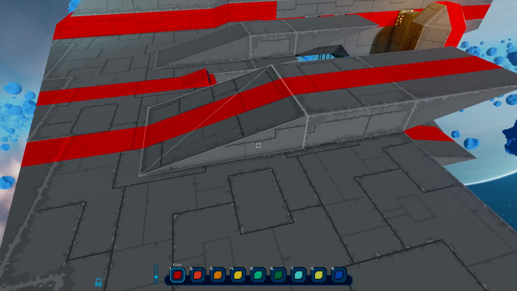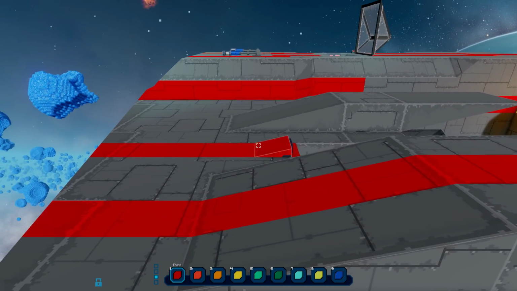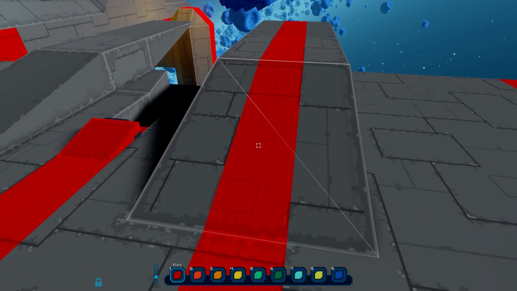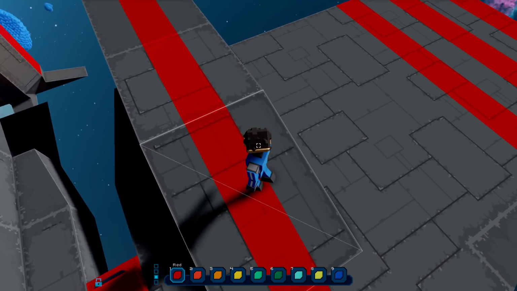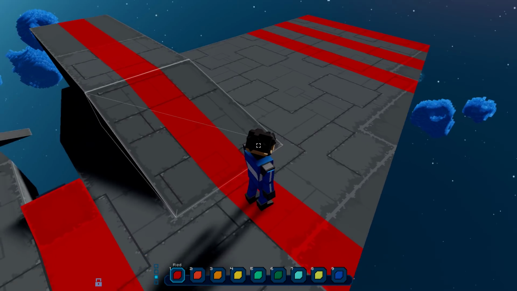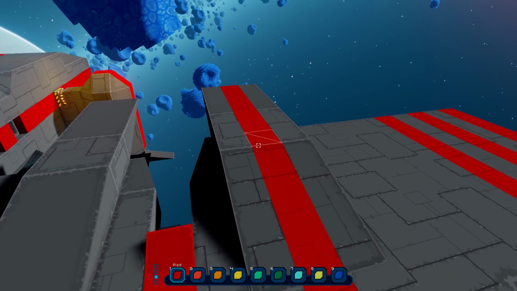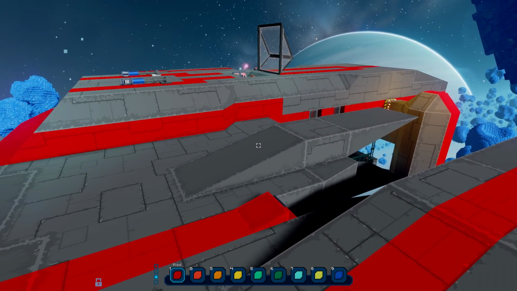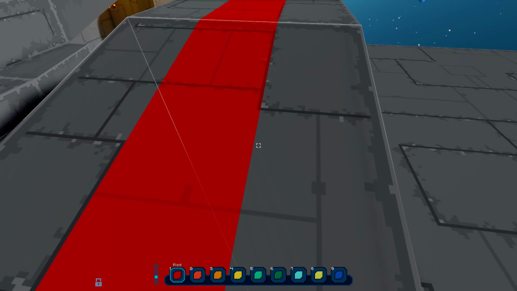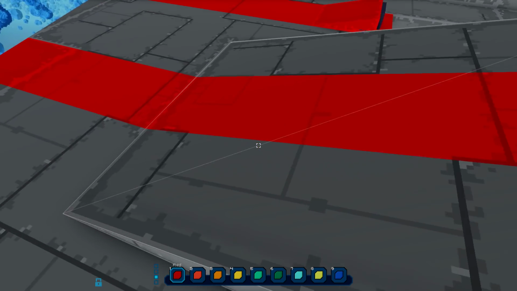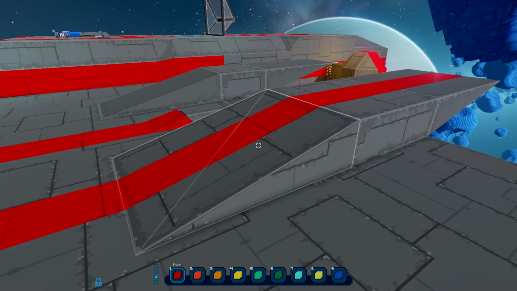It really integrates very well with the rest of your ship design, so you can collide with it, which is quite nice, because if you have been playing Skylander for quite a bit since the beginning of that year, it was not even possible with the normal wedge to collide smoothly like that. So it's really cool.